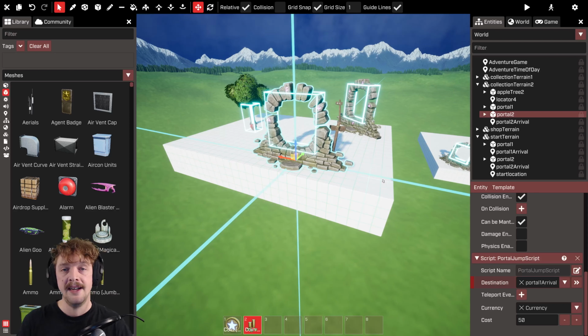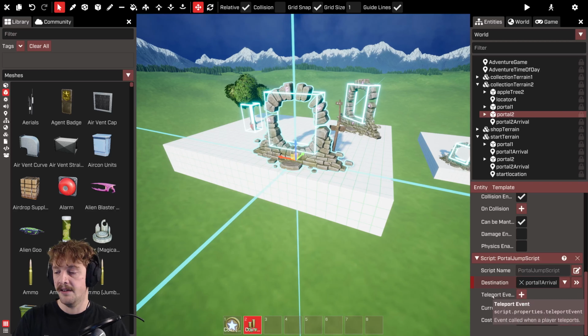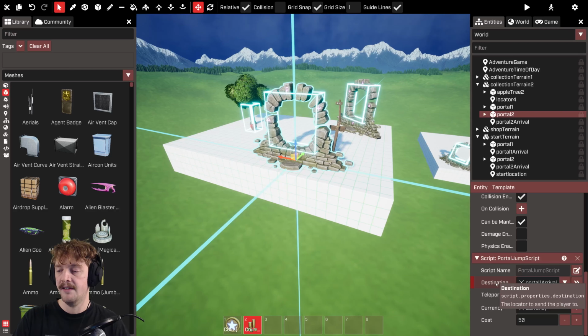scripts in your package or your blueprint, it's a really good idea to make sure that the properties have got the tooltip set. The tooltip comes up when you hover over the property name. So you can see underneath destination, the tooltip is saying the locator to send the player to. This is super helpful for anyone who doesn't know scripting or doesn't want to go into the script to find